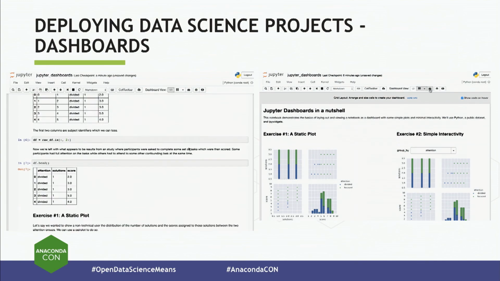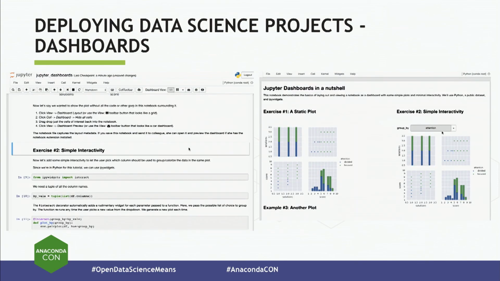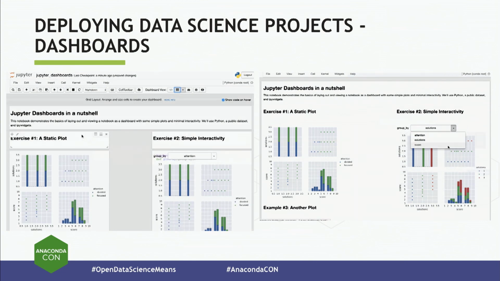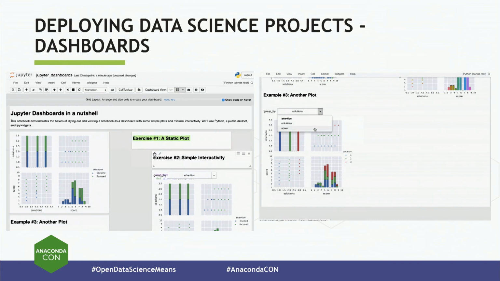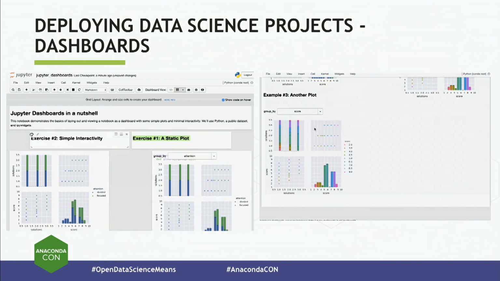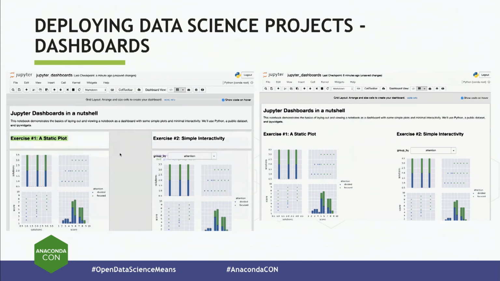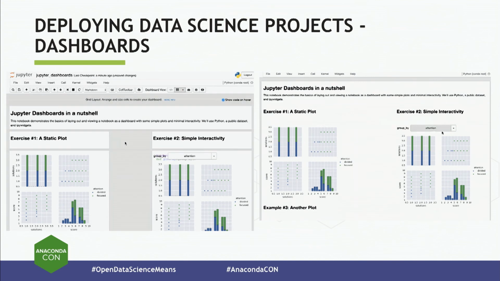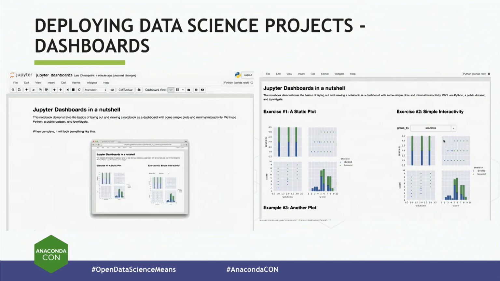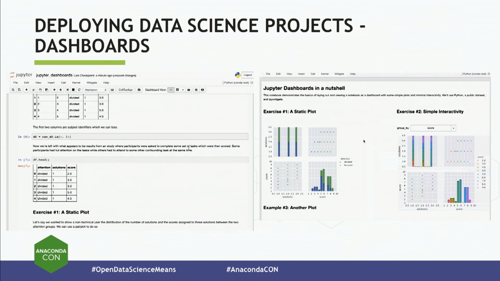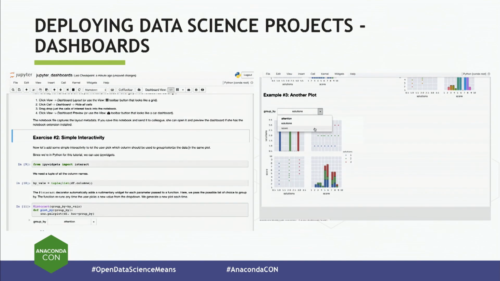For dashboards, this is a very interesting space, especially for our customers and users that are using Jupyter notebooks. There's a very interesting project in the very active Jupyter ecosystem called Jupyter Dashboards. It's an incubating project, and here I'm showing on the left how you can take a notebook, you can add some additional extensions and server-side components, and you basically have the ability to take your notebook cells and drag and drop them around and lay them out interactively in a dashboard, and then with one click, you deploy them as a dashboard to a Jupyter Dashboard server. So because